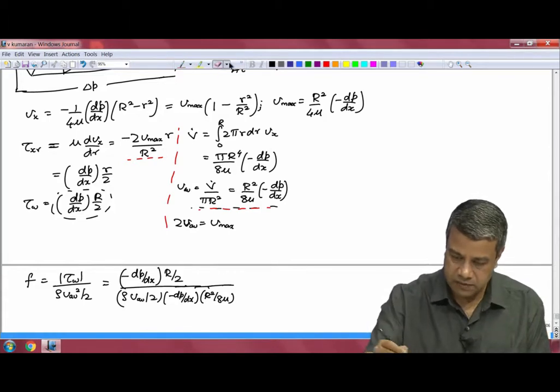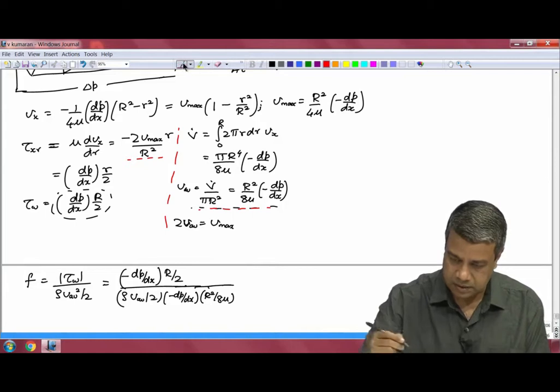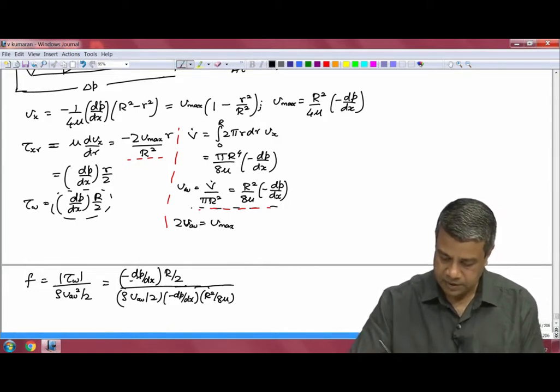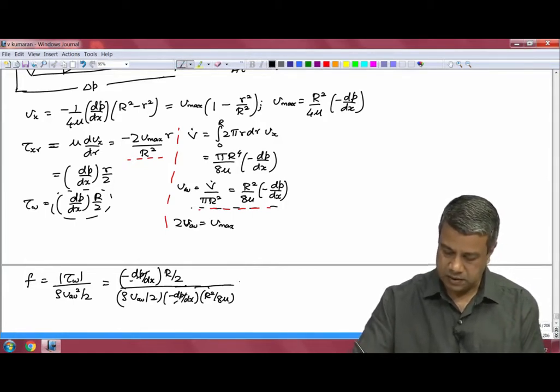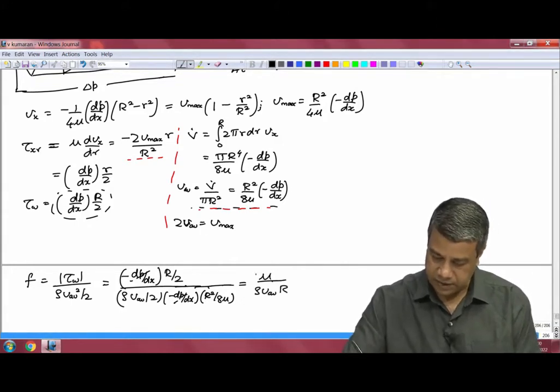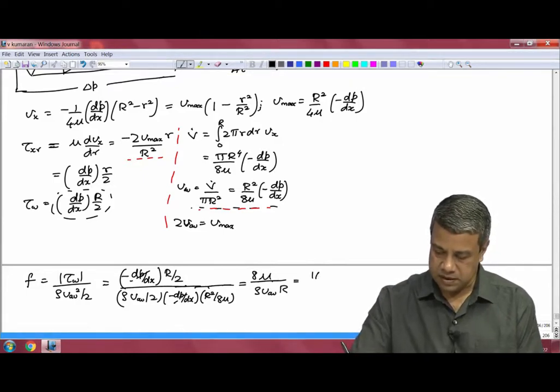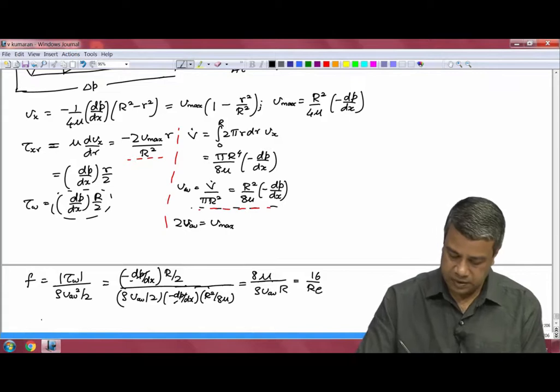And this negative of dP dx cancels out in the numerator and the denominator. Ultimately I will get mu by rho V average times r, and a factor of 8 here, if you do the algebra, and this is equal to 16 by Re,